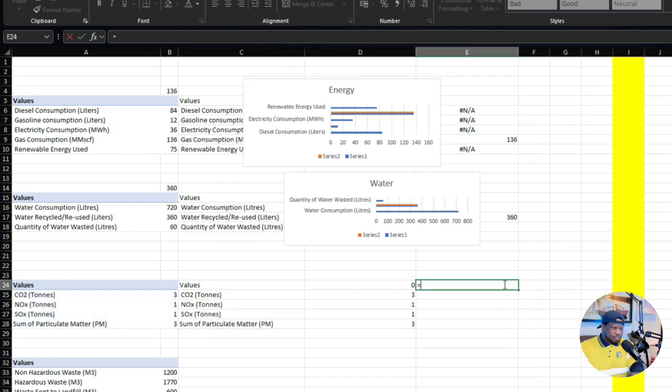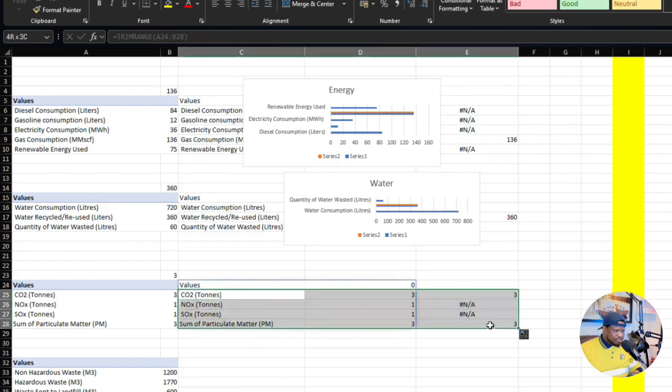We go to if, or we do the max, right? So the max equal to max, and all of this, and then we use the equal sign. If this is equal to the max, it should return this. If not, it should give us not applicable, and we lock this one. F4, we hit enter, drag it all the way here, we insert our chart, and this one,